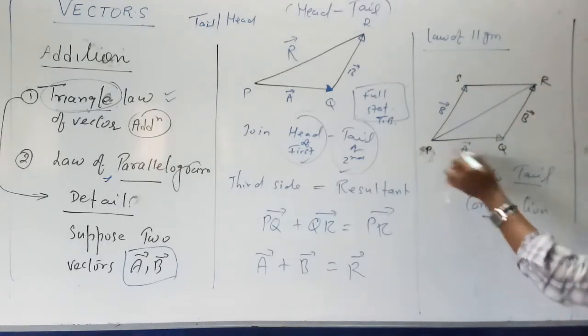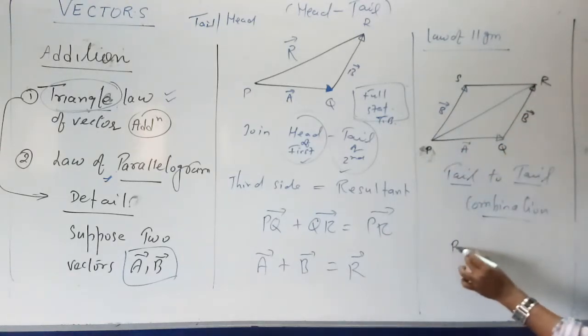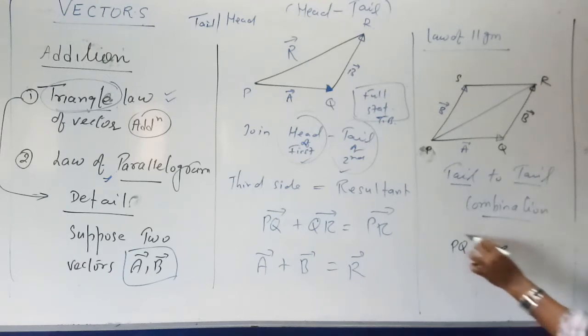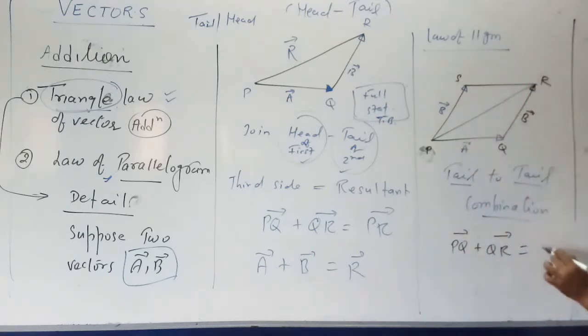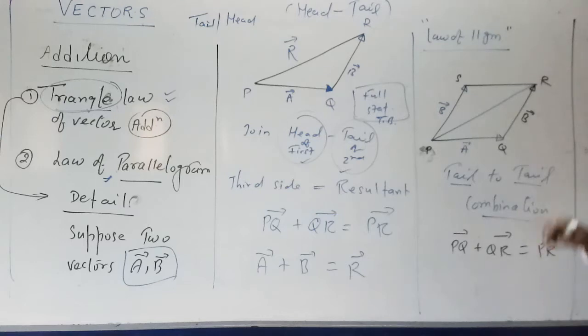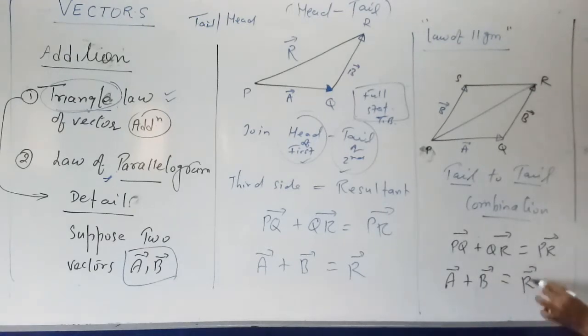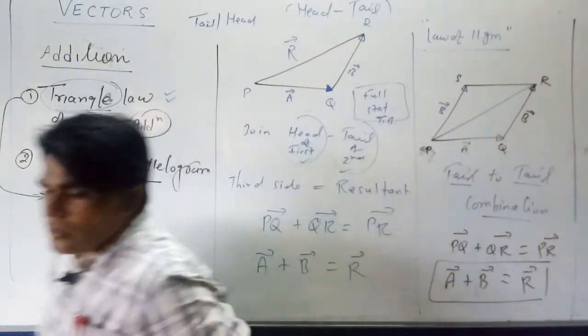Apply the triangle law of vector addition in triangle PQR. Finally what you are getting is that PQ plus QR should be equal to PR. Actually we are talking about understanding the law of parallelogram, but finally we are using the law of triangle. How did we make it? This vector can be assumed here. It is simple to understand because we discussed equal vectors. This is going to be your A, this is going to be your B, and this is going to be your R. Like this you can add the two vectors. The addition is over now.